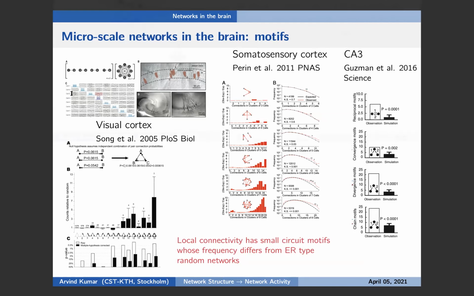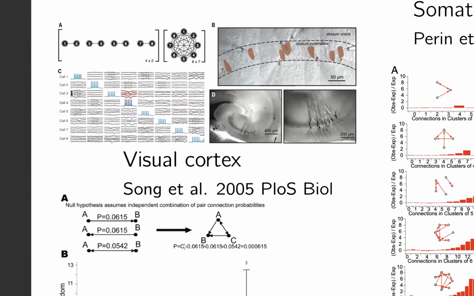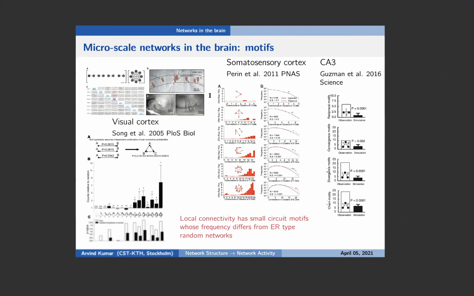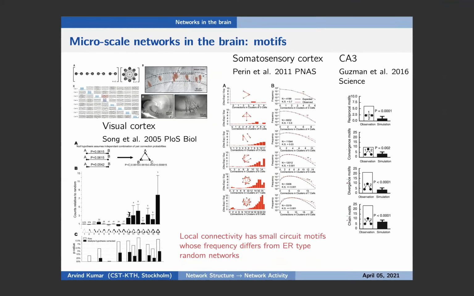If we zoom in further, today we have technology that lets us record many cells simultaneously, and we can look into what happens to the responses in different neurons as one of the neurons is activated. In this case, they could patch 8 cells simultaneously. People can do also 12, very tedious, time-consuming work. What this has revealed is that if we take the Erdos-Renyi type random network as a benchmark, then cortical networks are highly non-random.